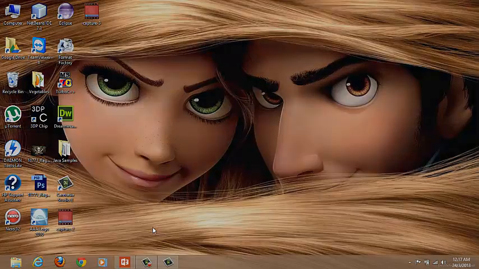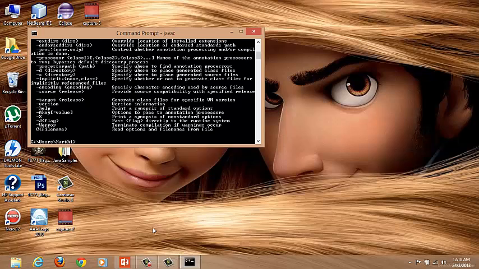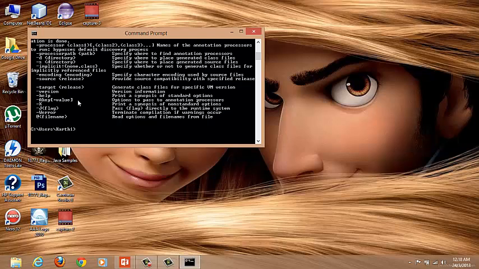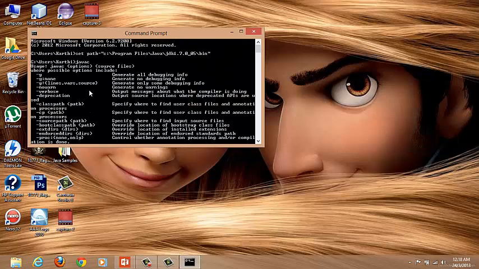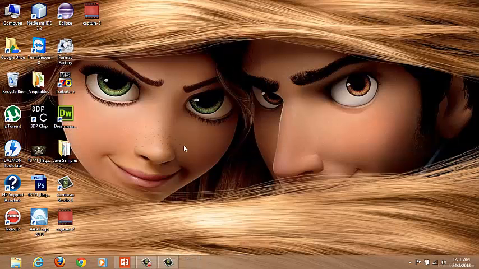Let's see how to check whether JDK has been installed or not. So go to command prompt and type set path equal to C colon program files. The JDK will be available under program files, Java, JDK and bin. If you type javac, then a list of options will be available that are under javac. So this indicates that JDK has been installed. If JDK has not been installed, these options will not be provided. So now I have installed JDK and I can start programming in Java.